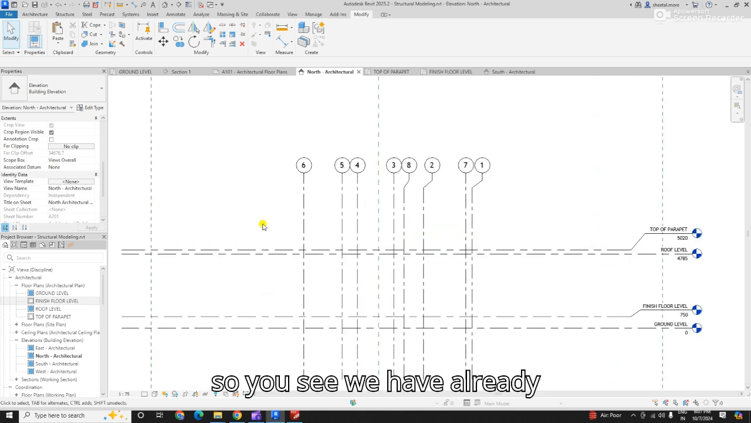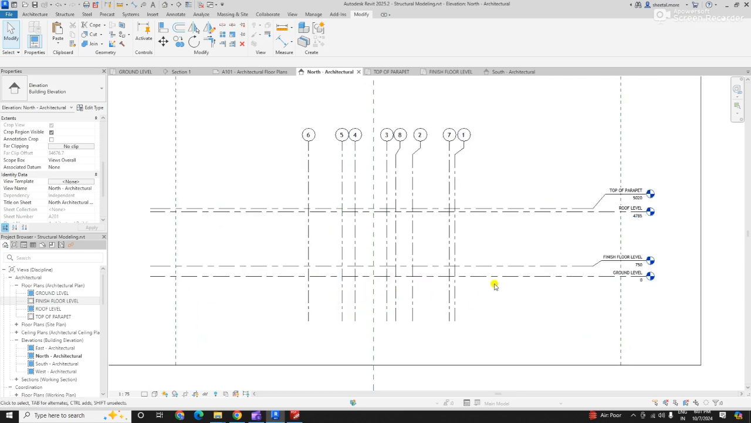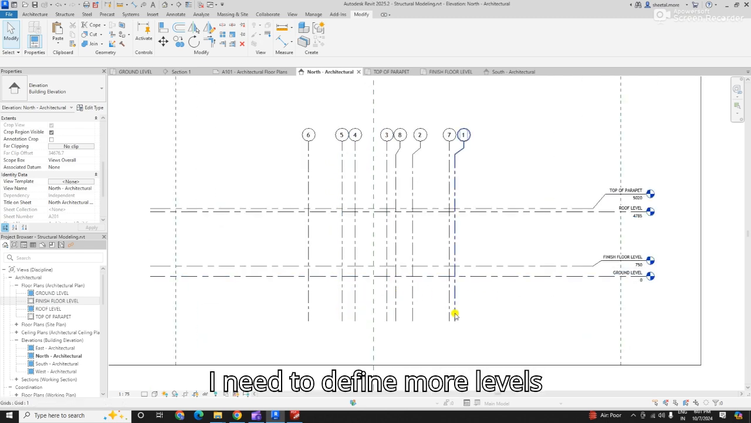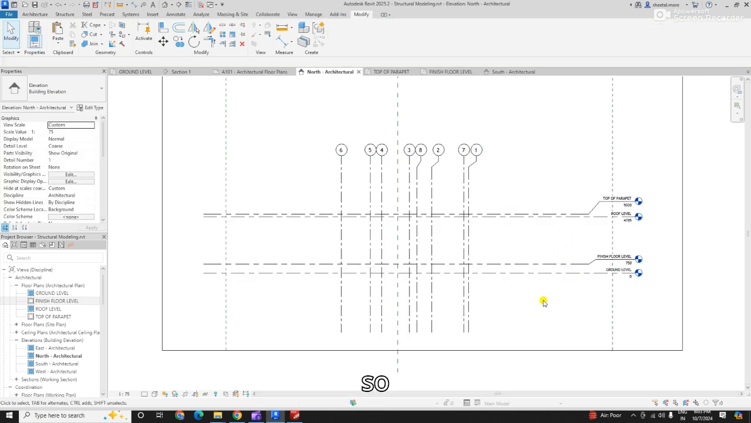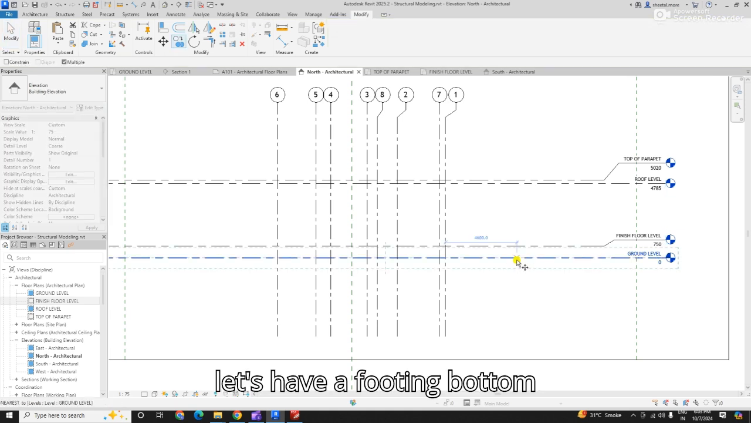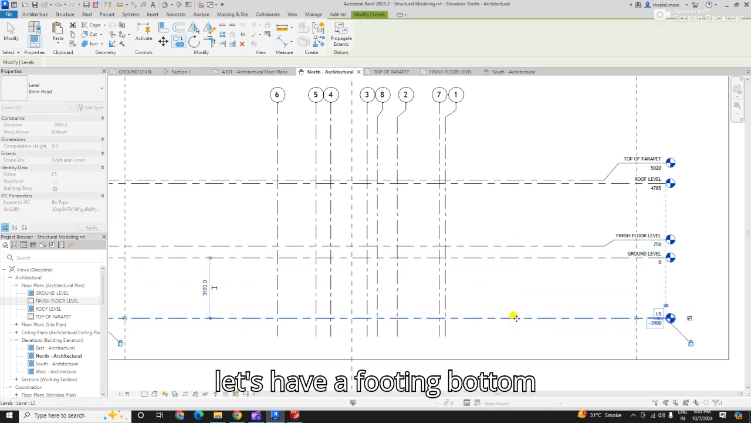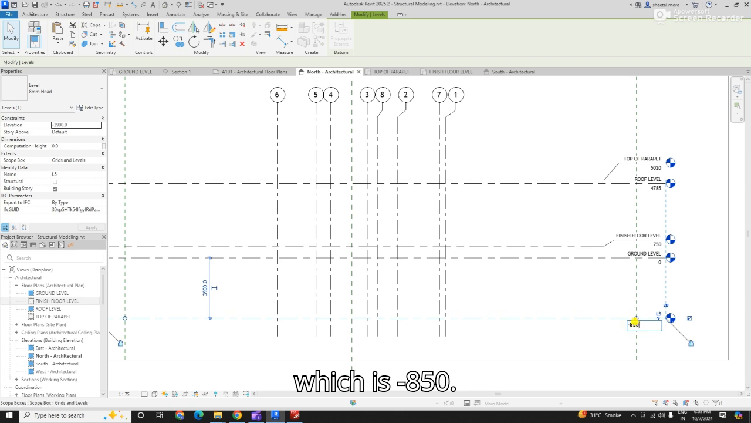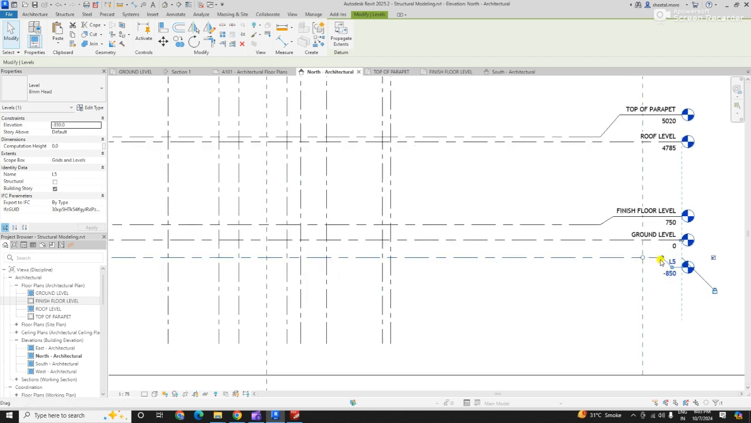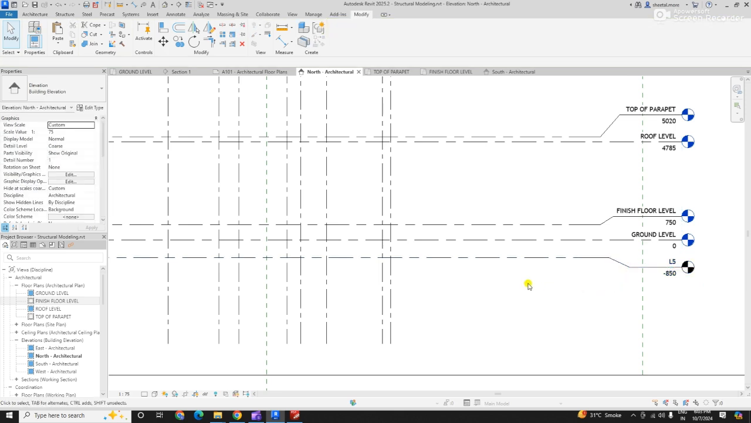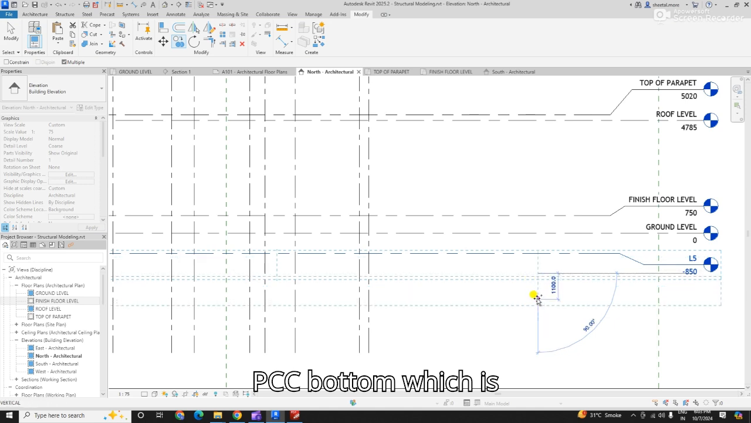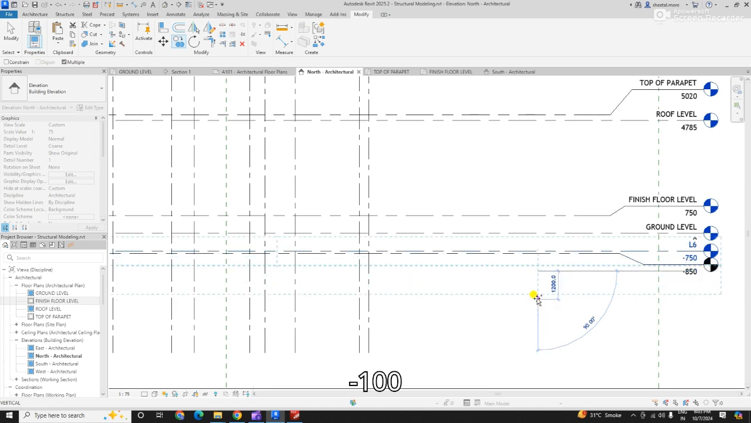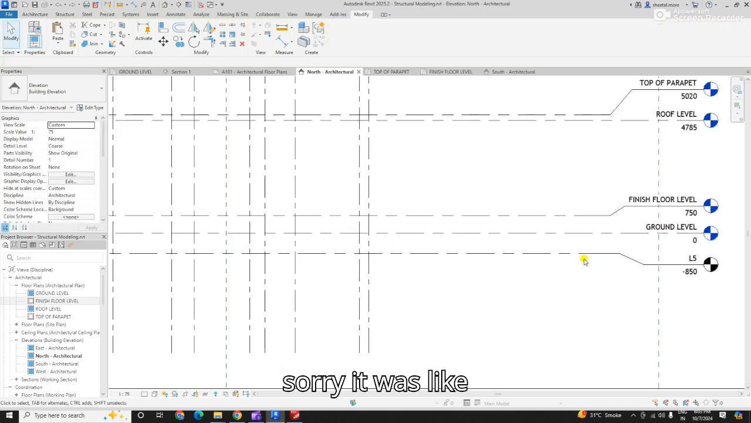Okay, so you see we have already added levels and grids. I need to define more levels for my structural modeling, like structural footing. So let's have a footing bottom, which is minus 850, PCC bottom, which is minus 100. Sorry, it was like